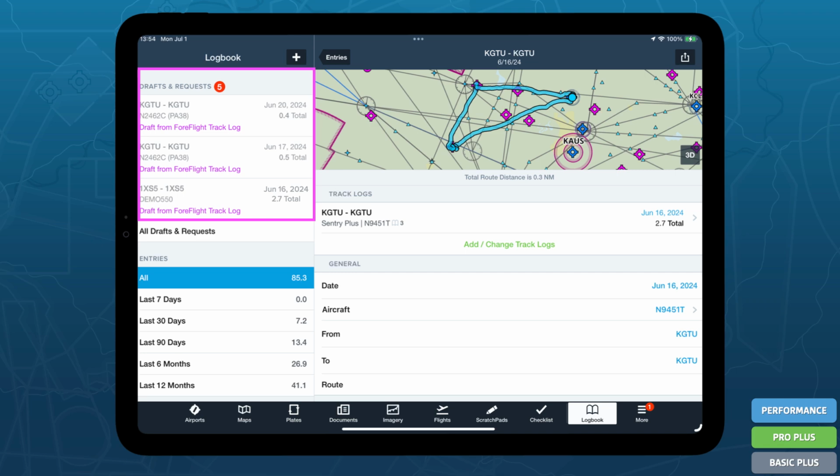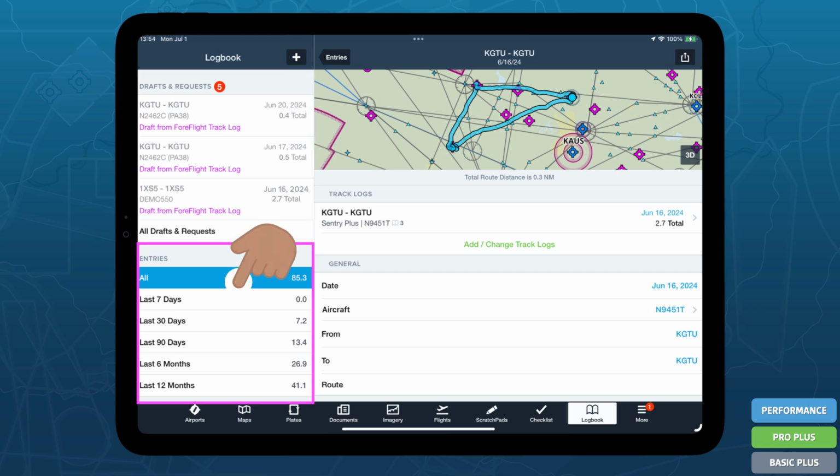In ForeFlight, anytime you see a field with blue text, you can edit that. So you can go in, change the date. If for some reason it's off by 1/10 of an hour or something, you can go in and change that. If somehow you fat-fingered in the wrong tail number, you can go ahead and change that as well. One of the things I want to highlight on the left-hand side you'll see I have all these draft